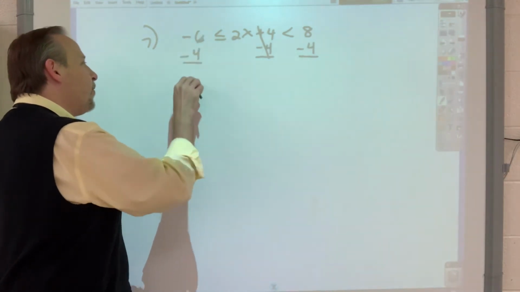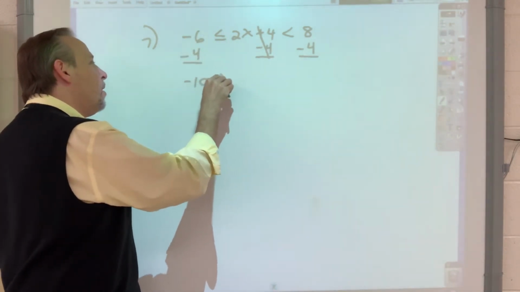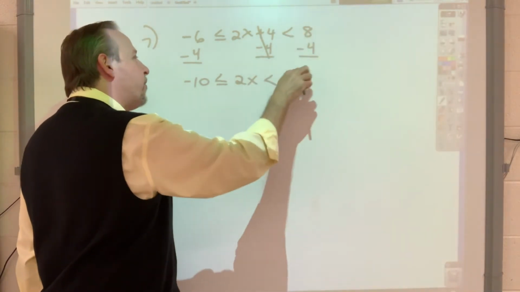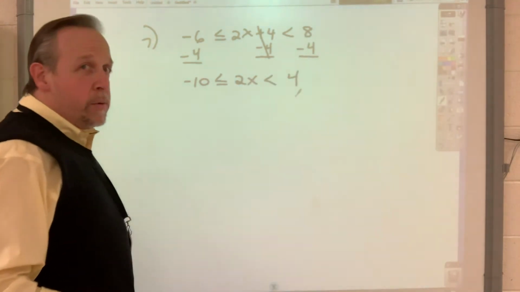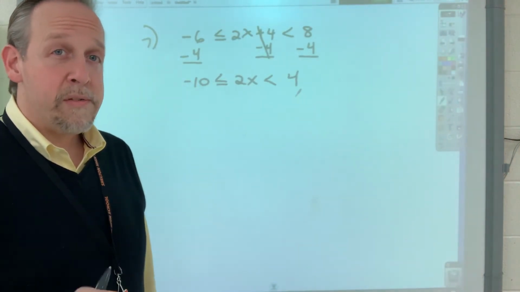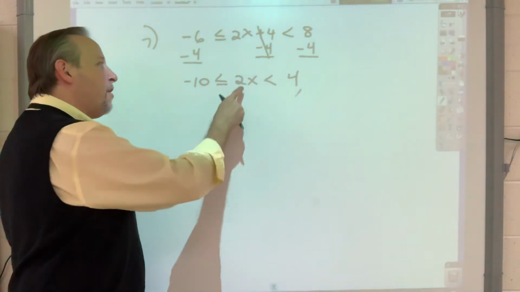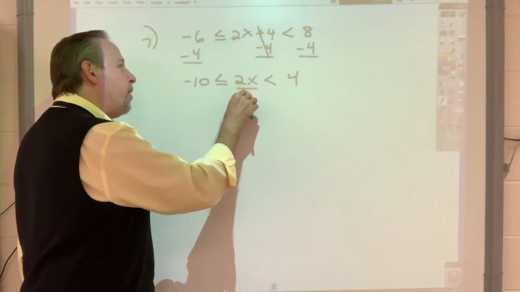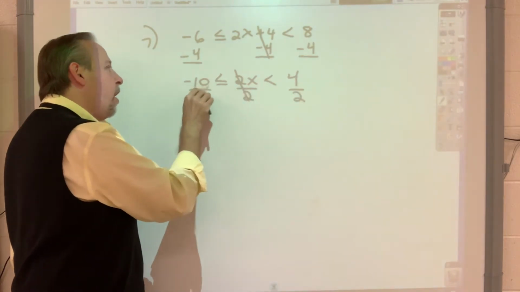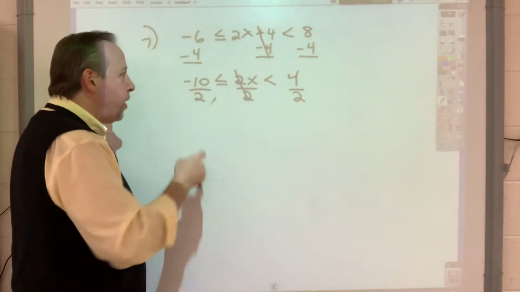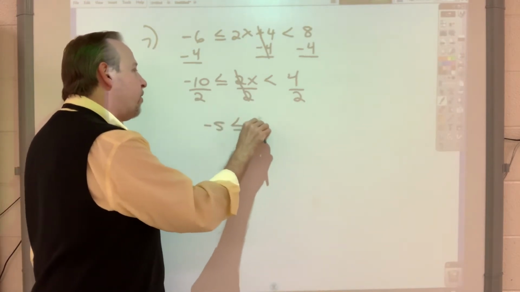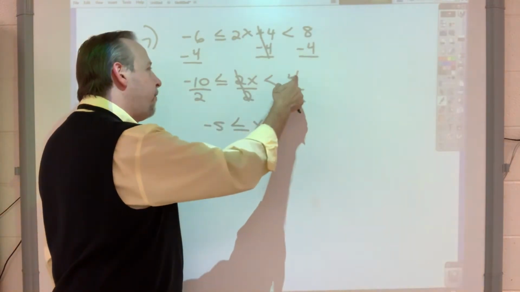Negative 6 minus 4 more is negative 10. Less than or equal to 2x. Less than 8 minus 4 is 4. We're almost done. All we have left to do is to divide by the coefficient of x. So that 2 I have to divide by, but where do I divide? Well, here certainly, but on both of the other ends also. Negative 10 divided by 2 is negative 5, less than or equal to x, less than 4 divided by 2